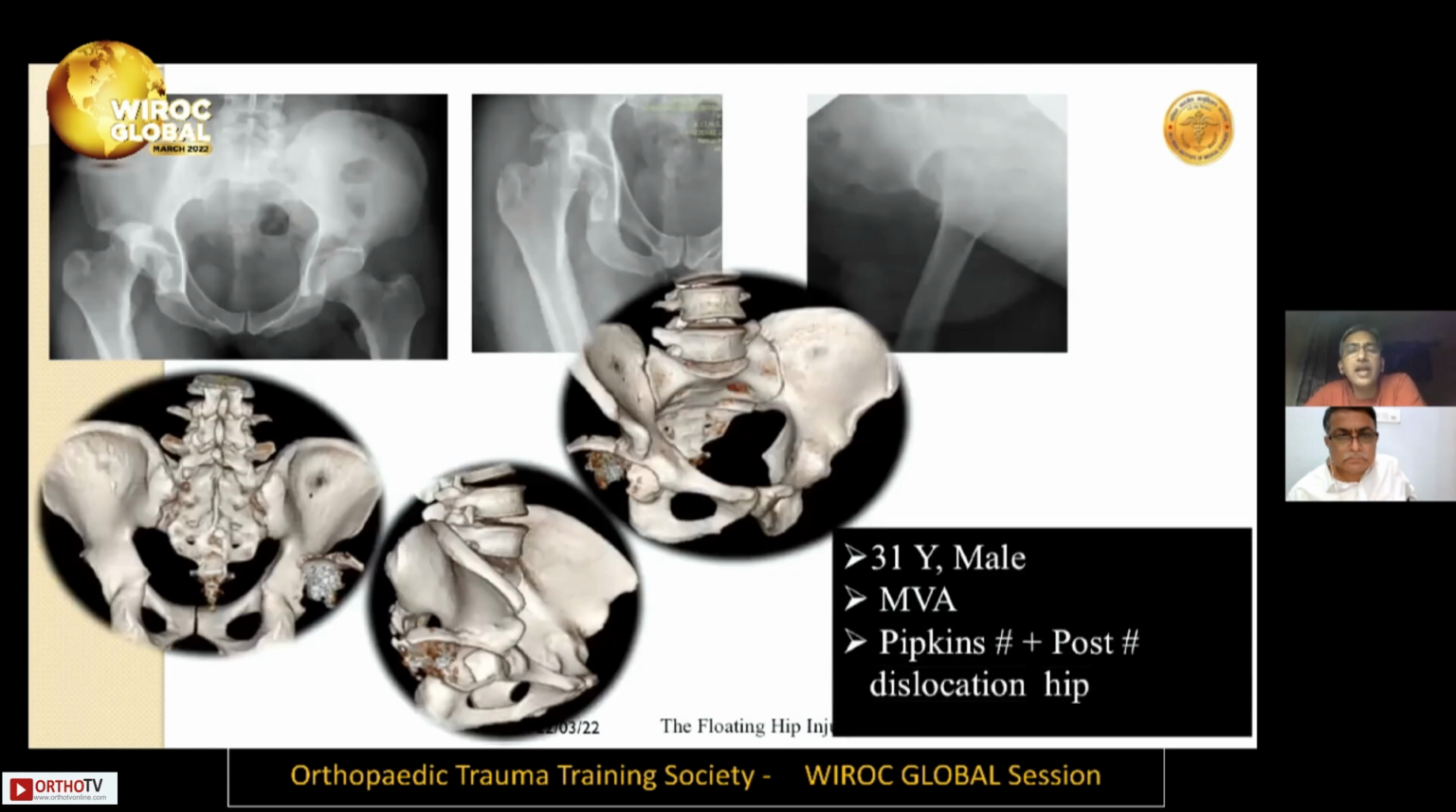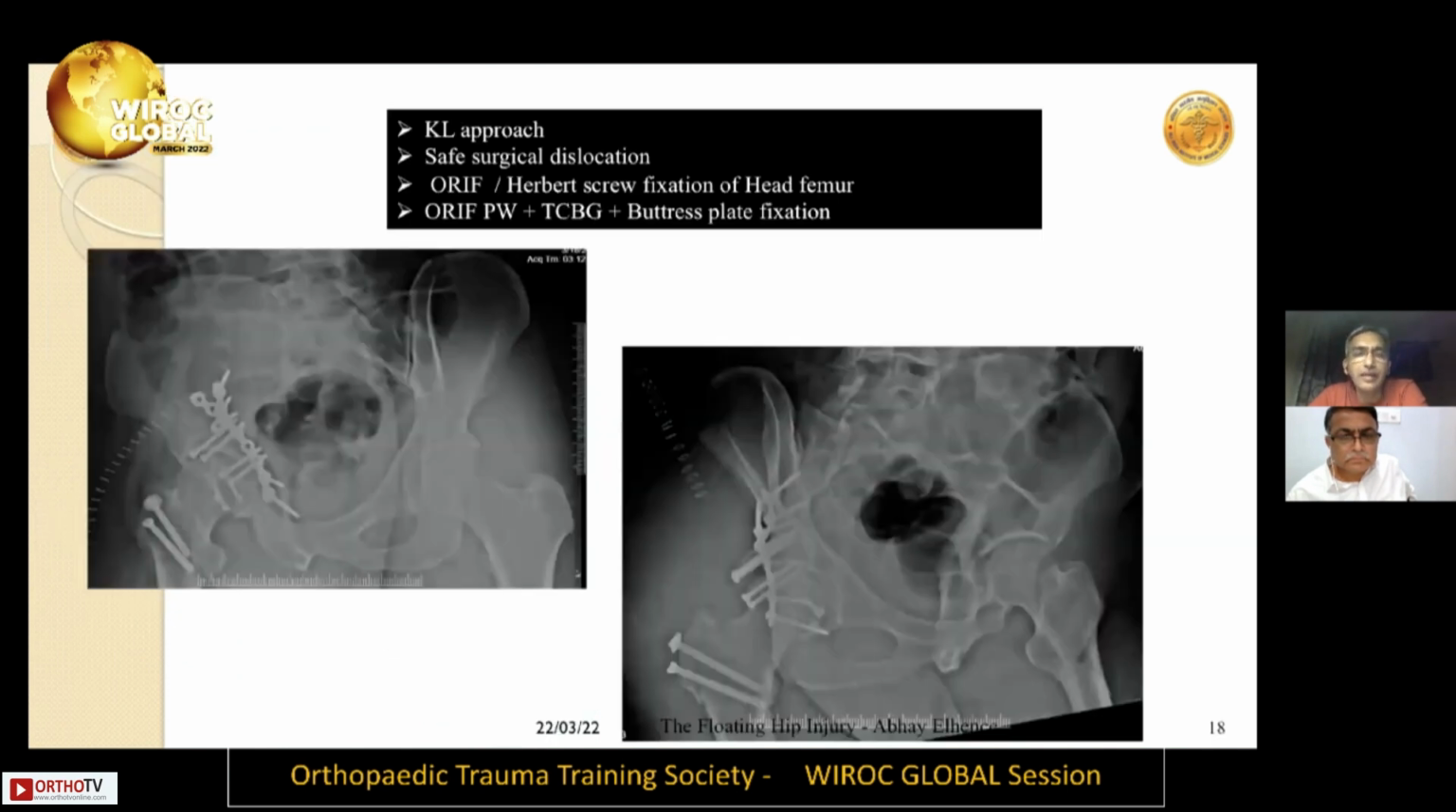So here we have a type A injury where you have a fracture of the acetabulum and the fracture of the femur. So this was a 31-year-old male, sustained injury in a road traffic accident, had a Pipkin's fracture with a posterior fracture dislocation of the head. So we chose to do a KL approach and a safe surgical dislocation, and did an open reduction internal fixation